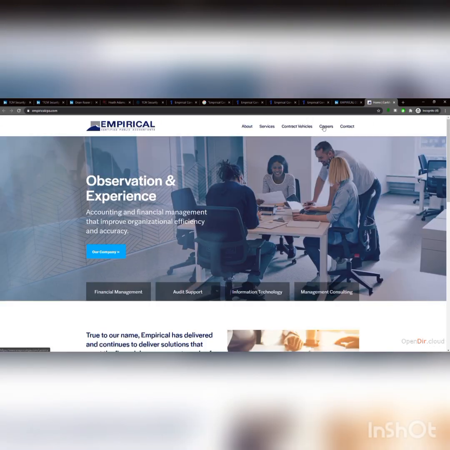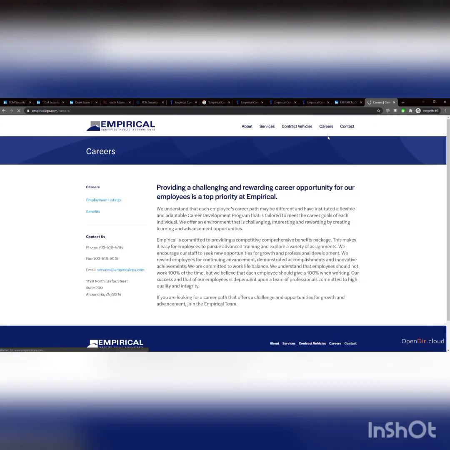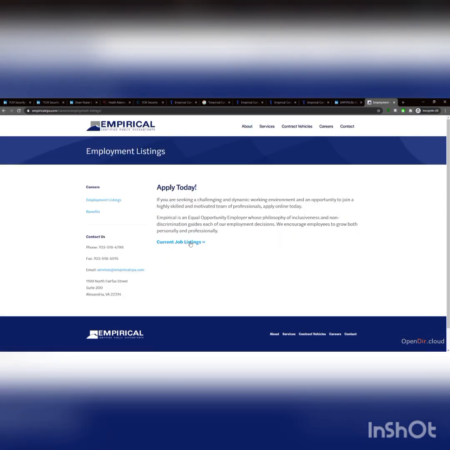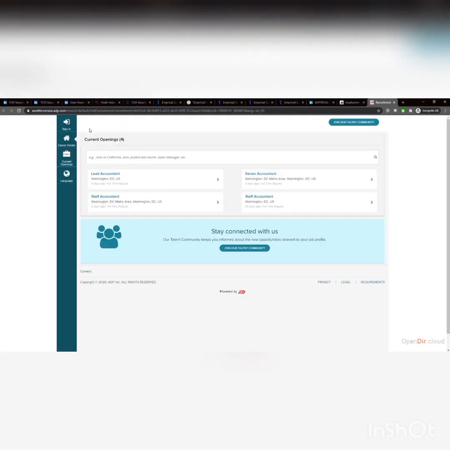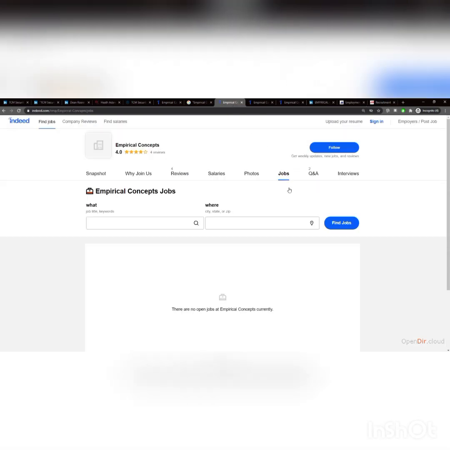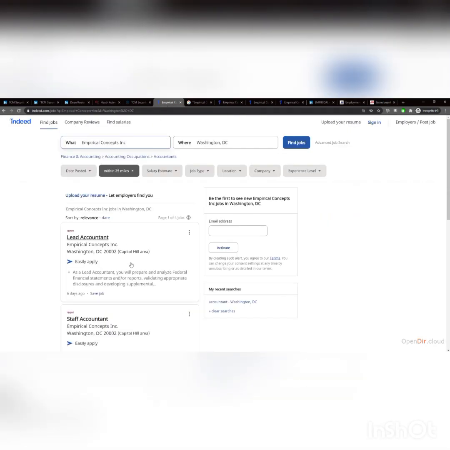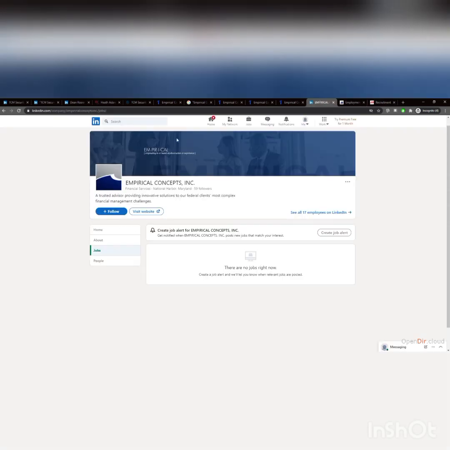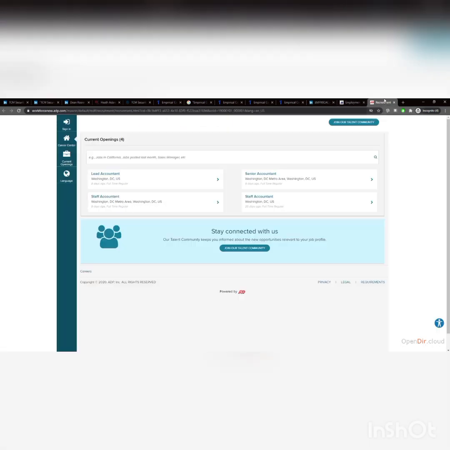Come to their website, look at careers. Perhaps they're hiring here, and see if they have anything. And it doesn't look like they have. Let's see if they have any employment listings. Go here and let's see where they put it. Okay, so they use Workforce Now. They use ADP. And then here's these 4 job postings that we saw from before. So even though, again, on the profile it said there's nothing here, we saw it here by searching, and we saw it here by searching their site. So they didn't have it on LinkedIn, but they do have it based on their website.